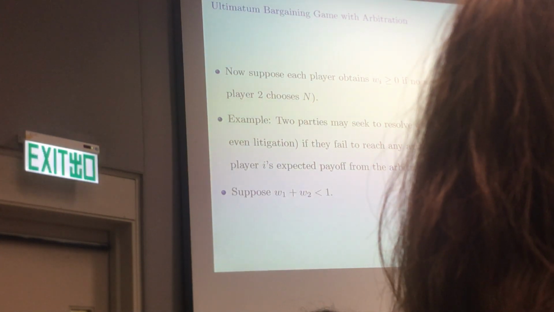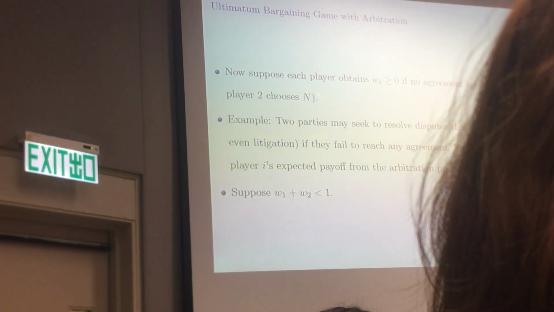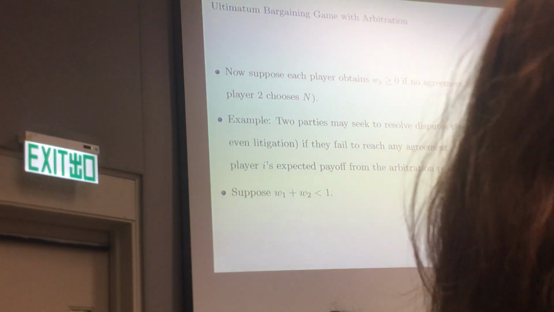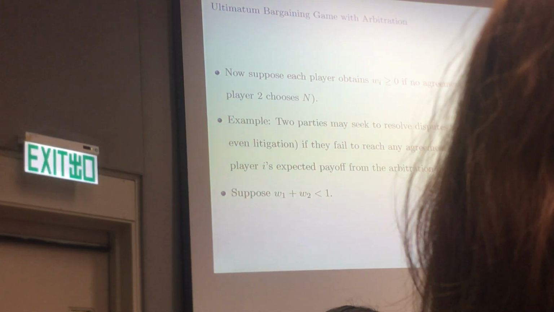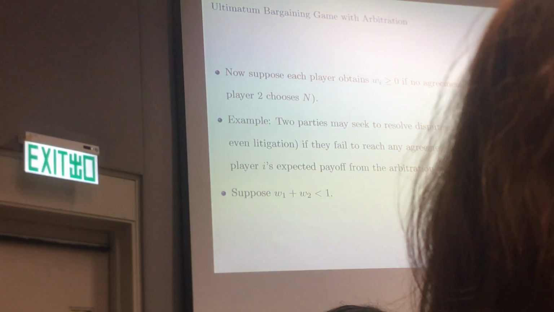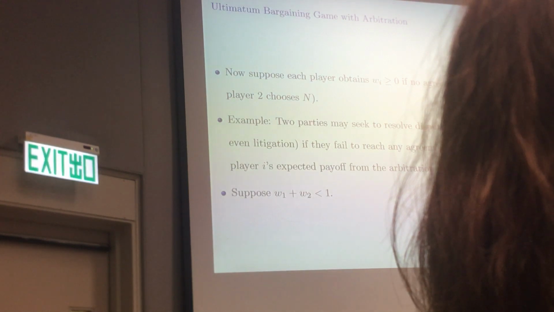Okay? So let's say more specifically, if the buyer says no, that means no agreement is reached. Then in the previous case, both of them get 0, and that's the end of the game. But now, alternatively, let's say that instead of 0, each player obtains Wi as a final payoff. So W1 for player 1 and W2 for player 2. Okay? So then